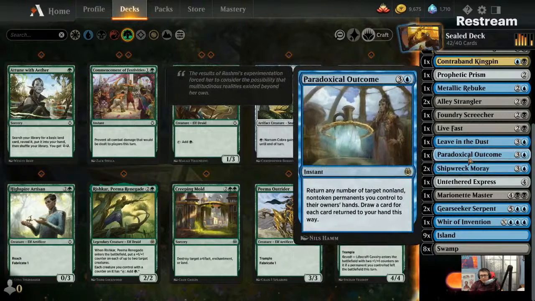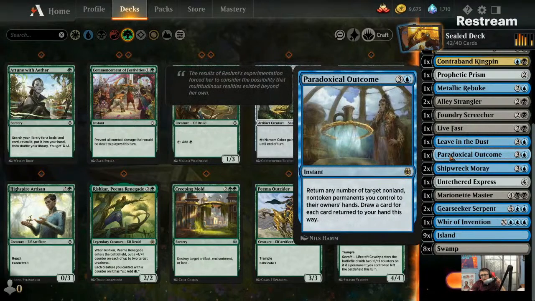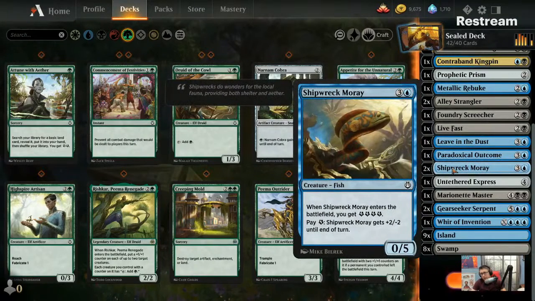Okay, I see. This is what I love about Magic. You can kind of see the synergies. I love figuring this all out. So, all right, Paradoxical Outcome, our Shipwreck Moray. All of a sudden, we're getting